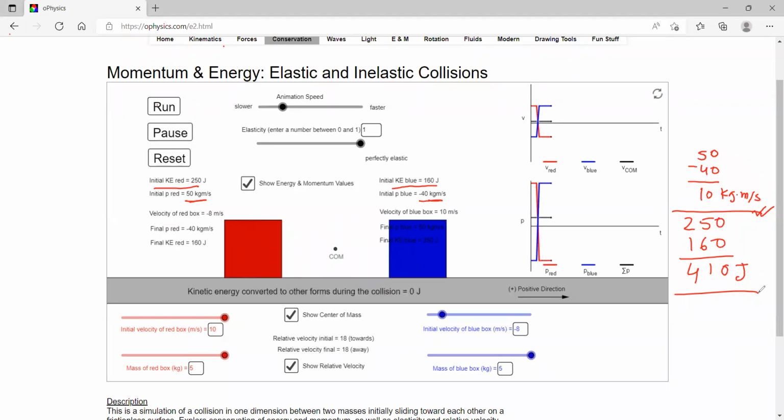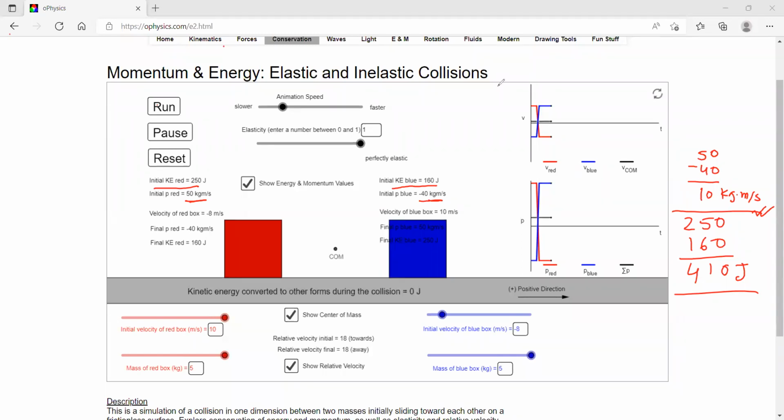Okay, a few things I want to show you. The first thing is the conservation of momentum, and then the conservation of kinetic energy, and then another thing. So first, let's see whether the conservation of momentum and conservation of kinetic energy are valid or not here. Okay, so you see that after collision,